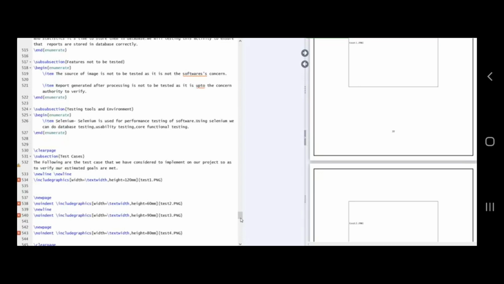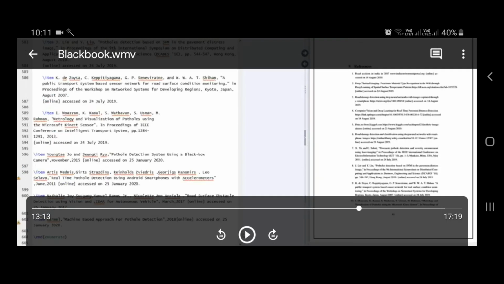Similarly, when you end a document, remember this, very important: you have to start a new topic from a new page. Even if you have used only a single line of a page, you can't start a new chapter over there. You have to move to a new page. What to do then? Simple, just put a slash and write \newpage, as you can see over here. And the moment you go to the new page, whatever you write will go directly to the new page.